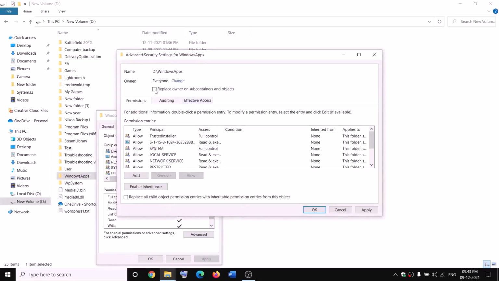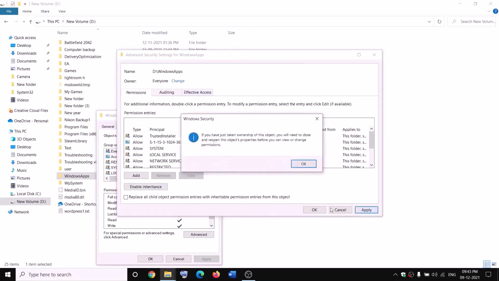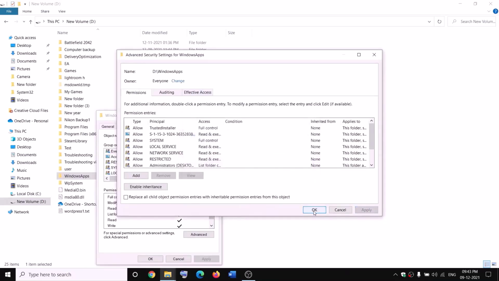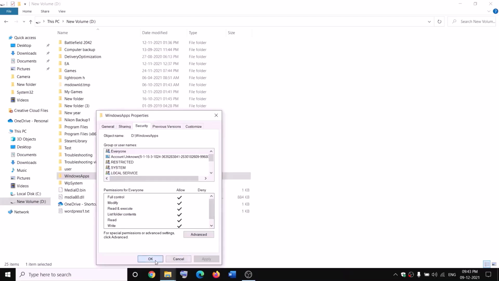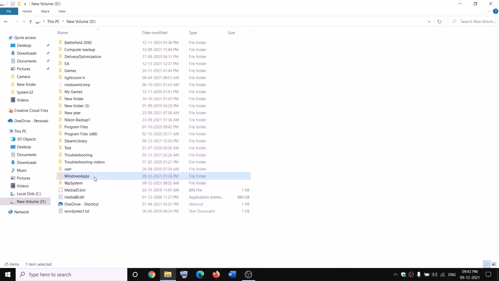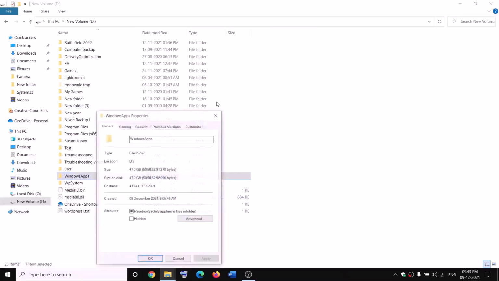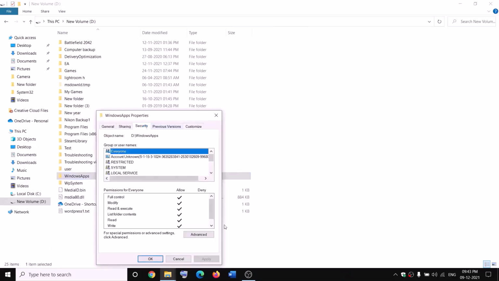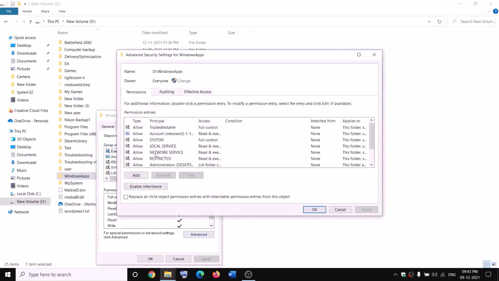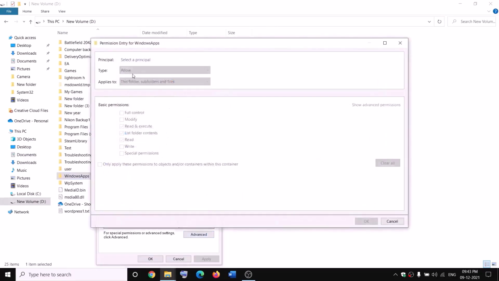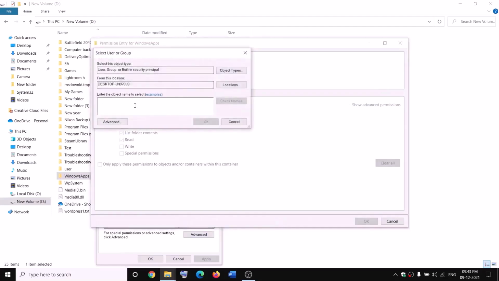Now put a check on the box which says replace owner on subcontainers and objects and then click on apply. OK. OK. Again OK. Again make a right click on Windows apps, select properties, security tab, advanced, and this time click on add, select a principal, everyone,